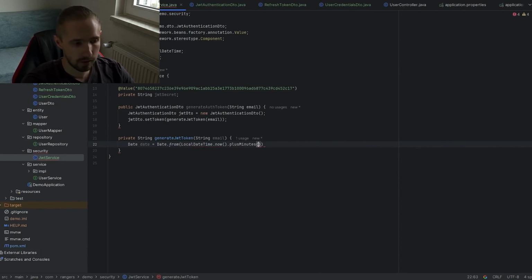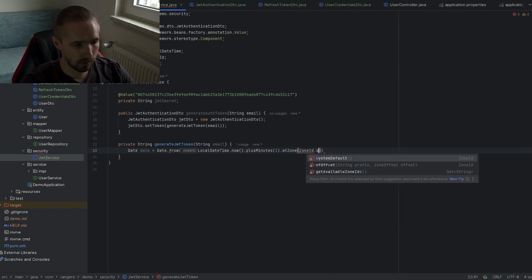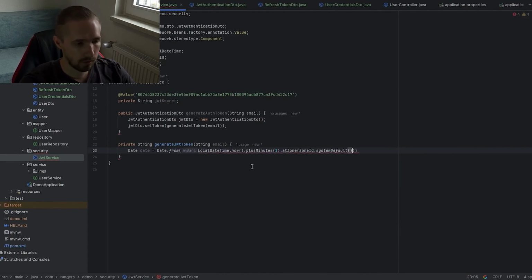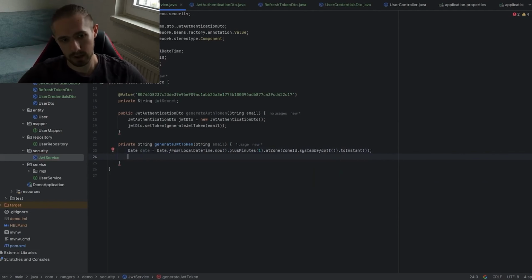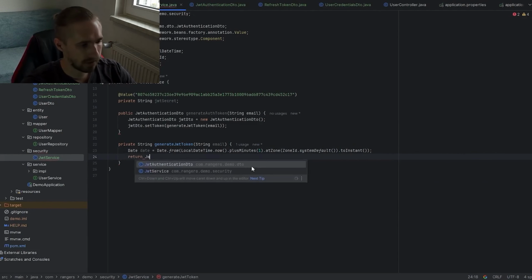Accordingly, I will set the minutes here. The minute will be 1. Add zone ID, dot, from system default to instant. Everything is prepared for us, up to the point when our JWT token will be valid. Now we return to